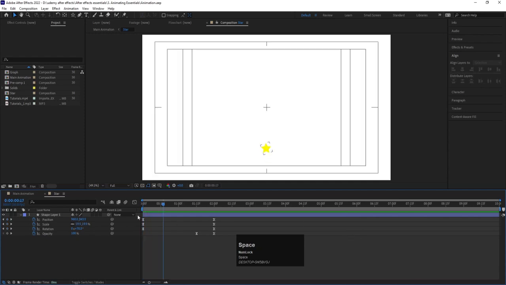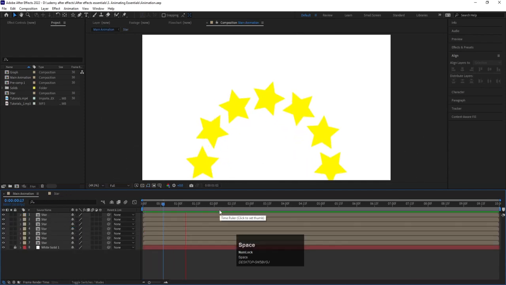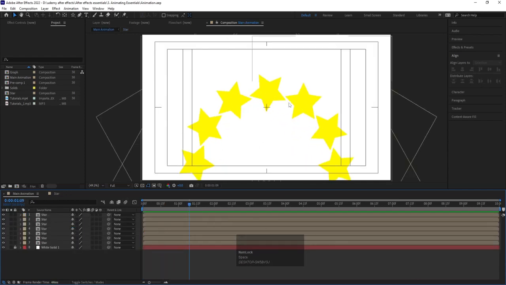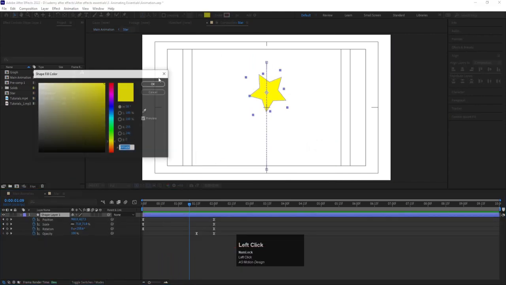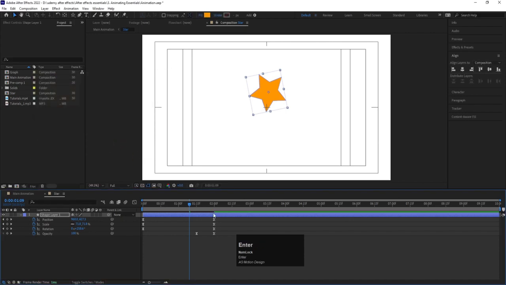Now in the previous video we have learned the concept of graph editors, and now we are going to use that concept over here. So let's go inside the star and let's try to change the color of this one to somewhere around this color over here. And now, except this opacity property,